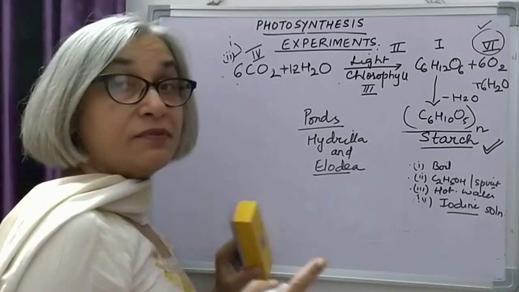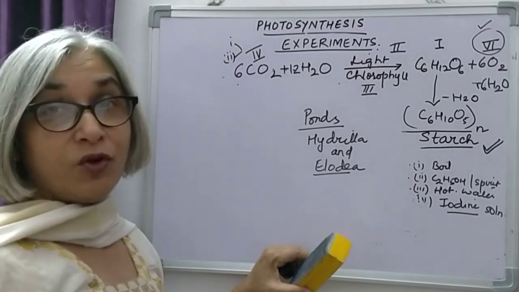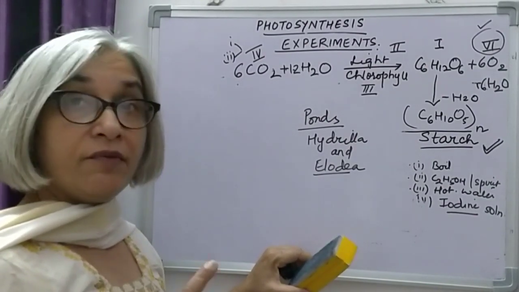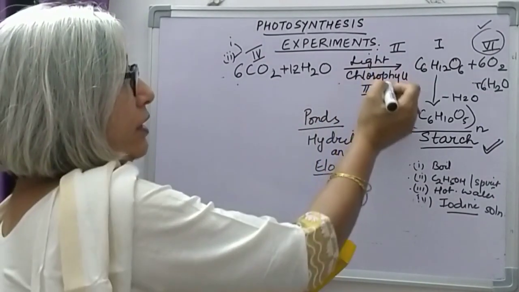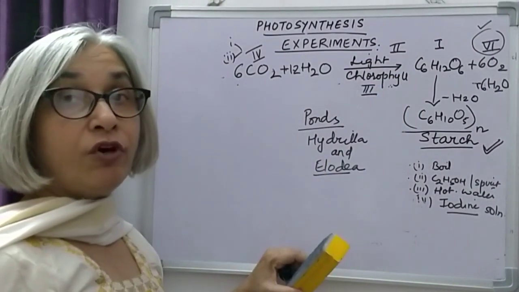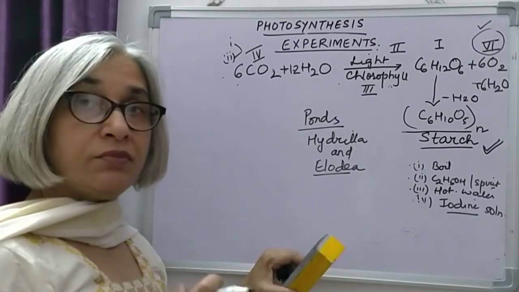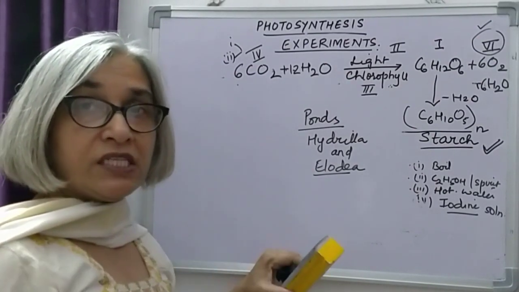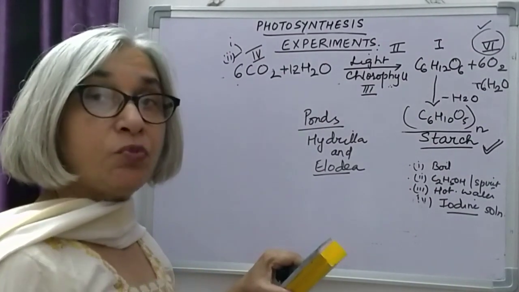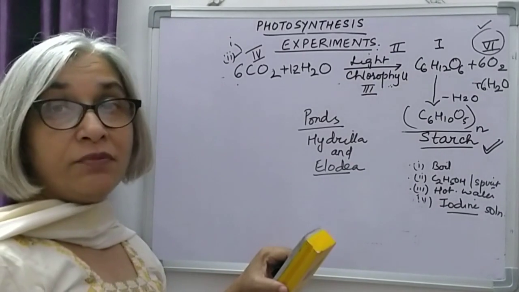Because the board sometimes asks you the name of the plant used for this experiment, you should know the name. Same way, when we had done the experiment proving that chlorophyll is essential for photosynthesis, if you get an experiment based question, sometimes part of the question is to name any such plant with variegated leaves. So for that also you should know the names.